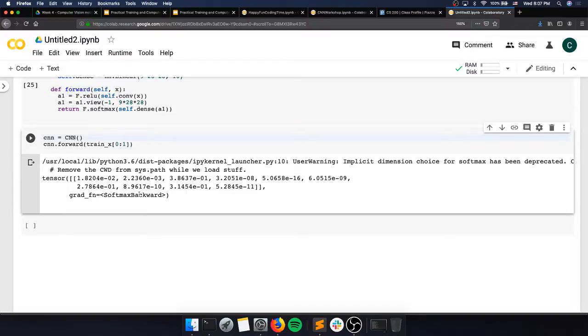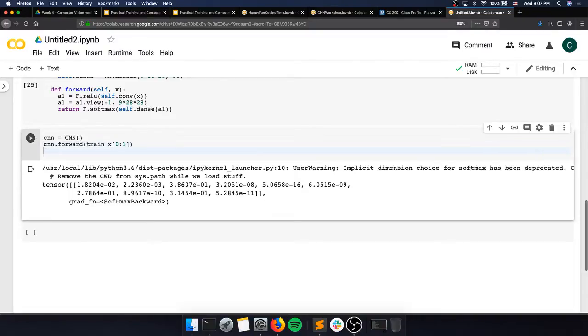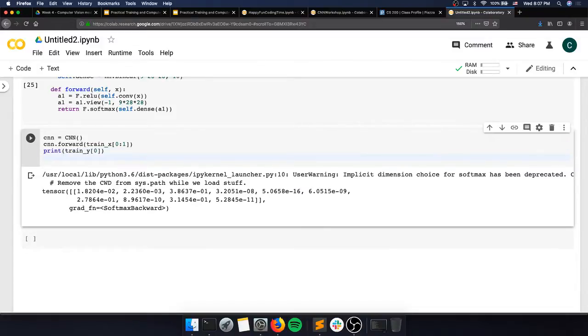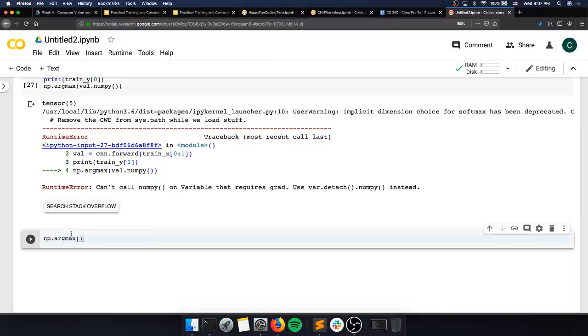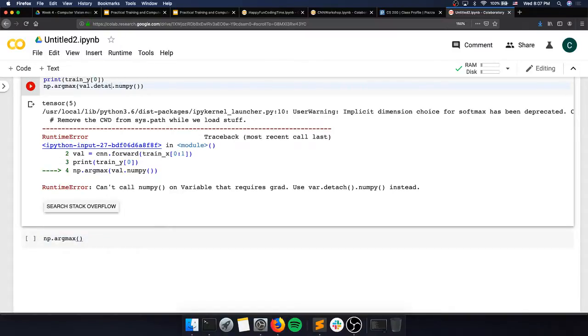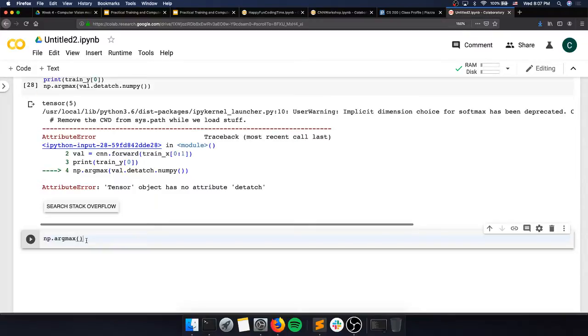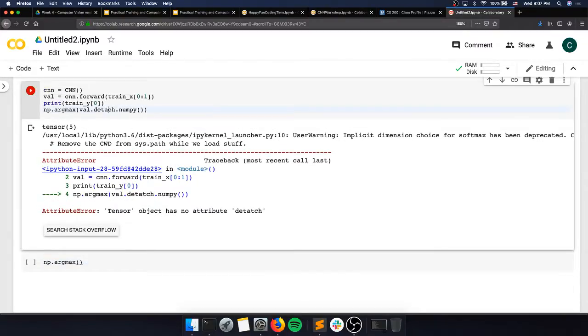This is basically 0. So if I did something like, all right, I want to see what it actually predicted this number to be. So just so we know the label, I'm going to do print train of y of 0 and val. So I'm going to turn this into a numpy array, and then I'm going to apply np.argmax. So for you guys who might not know what np.argmax is, my bad, I have to detach this first. So detach just takes it off of, think of it as a,